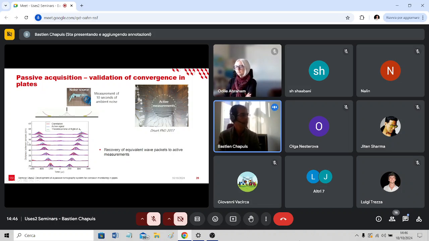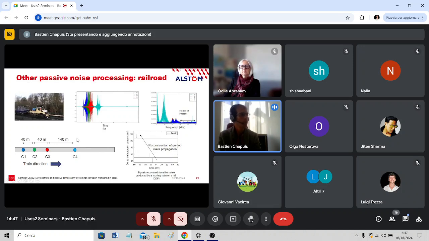So for different distances between the sensors, in blue we have the active signal, the reference signal. We have one wave packet here, the A0 mode that propagates from A to B and from B to A, and in red we have the correlation. We see that we can very well recover the time of flight of the A0 mode with this passive approach. Here it's a lab measurement, but we'll show you another experiment we performed more recently